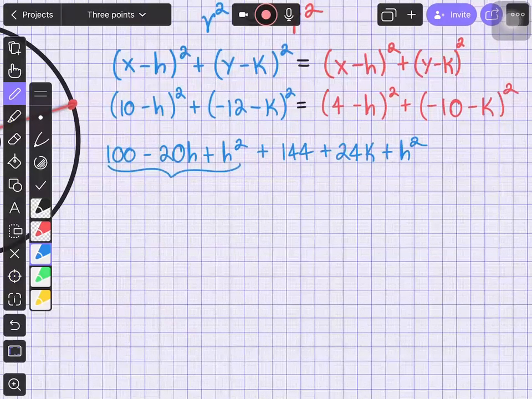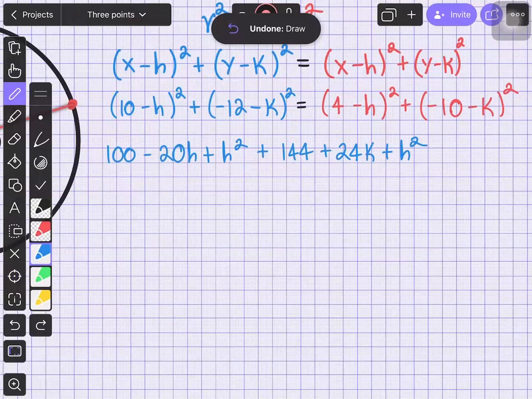This over here is the first binomial, and this one over here is the second binomial. So I have my blue side ready, and this will be equal to,